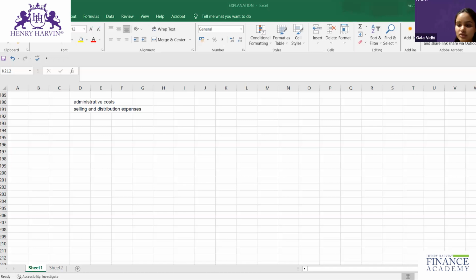Then your fourth one is finance cost. We have done finance cost before also. Finance cost basically will include all the costs that are incurred in order to finance the organization. Now, what is the main finance cost every organization or company has? A basic example could be a loan. Your loan interest is the finance cost. So basically, all the costs incurred